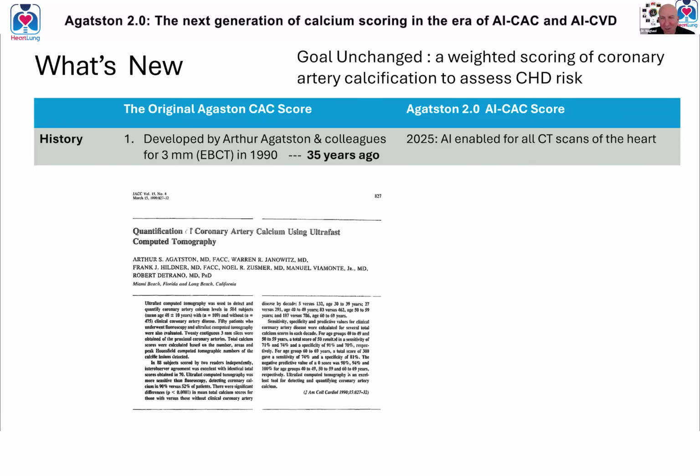At that time, you didn't anticipate that being such a phenomenal thing 35 years or so later. But were you guys driven by pathology or something? I know John Rumberger was the first to show that the calcium you are seeing is actually what they found in pathology. Maybe we can hear from John in a second. But when you were working on that, did you anticipate this being a surrogate marker of coronary disease? Yes, and